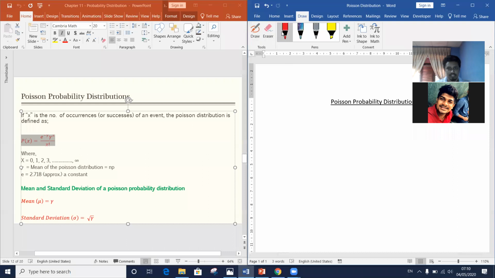How can we read this one, right? P means probability. Probability of X number of occurrences, right? Probability of X number of occurrences equals to